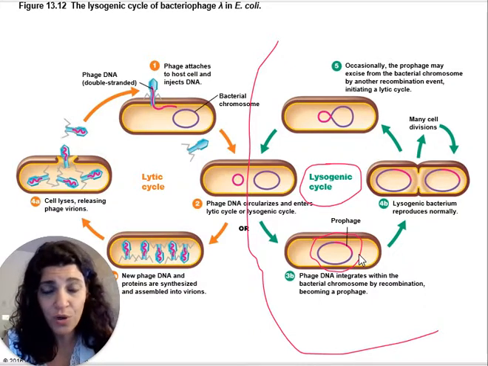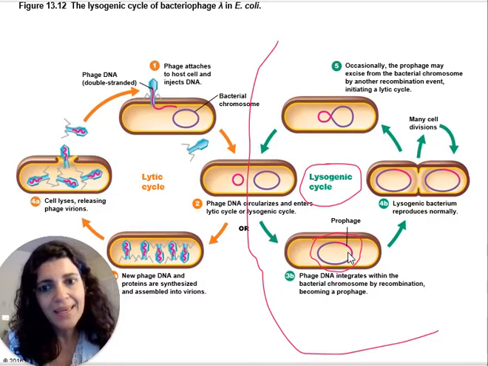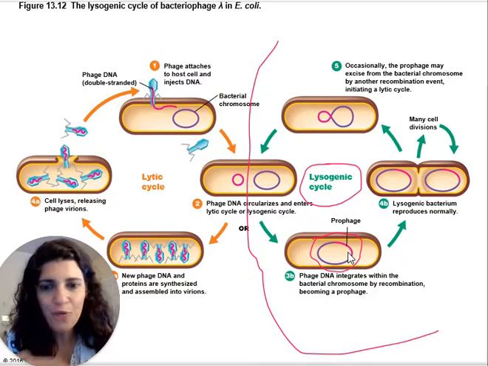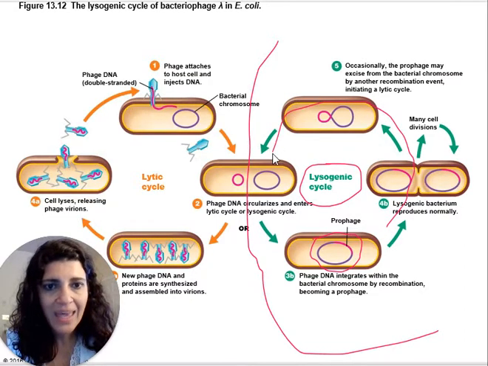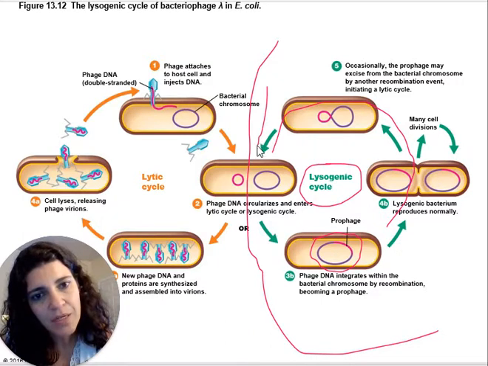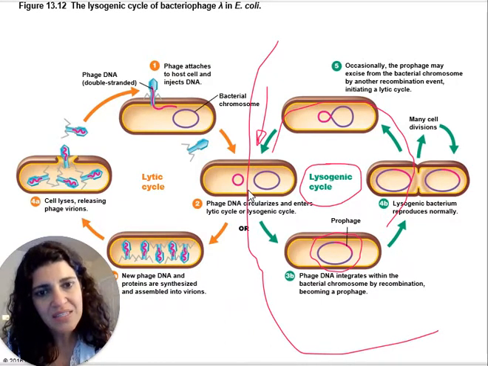The bacteria is doing all the work for them, and they're just latent and sitting in that circular DNA. So is this the virus? It is, because the virus is the DNA. From that DNA, one day that virus can undergo the cycle, and there are some signals in the cell that determine if this cell is going to continue in this cycle or if it's going to undergo lytic